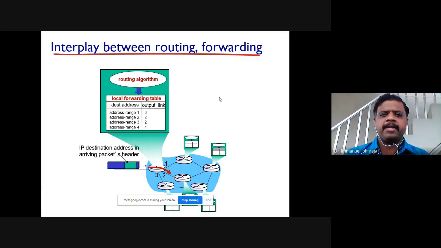Although each has its own benefits and positive sides, it is always recommended that we go for the dynamic routing protocols, right? When you look at dynamic routing protocols, they are broadly classified into two major categories. As I said, one is the link state routing protocol, the other is the distance vector routing protocol. In today's session we'll talk about the link state routing protocol, and also the Dijkstra shortest path algorithm, how it supports the shortest path routing protocol to run.